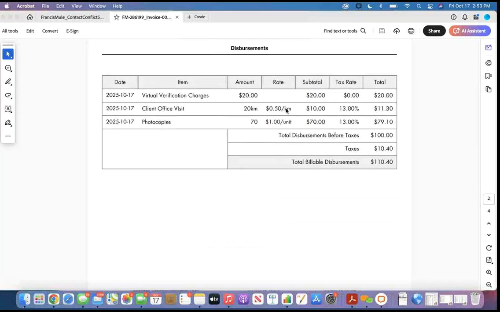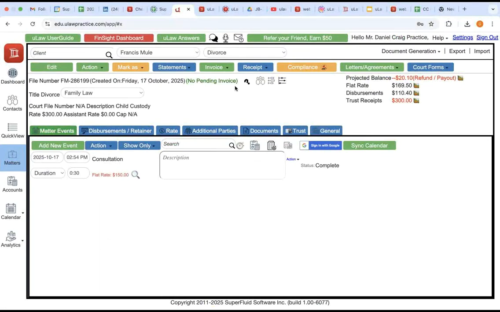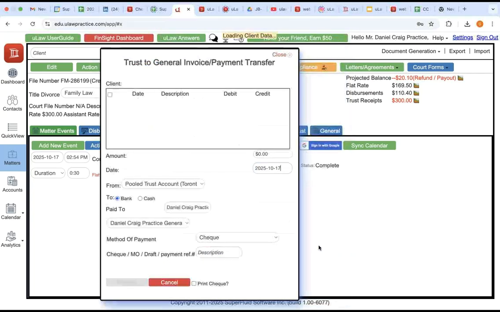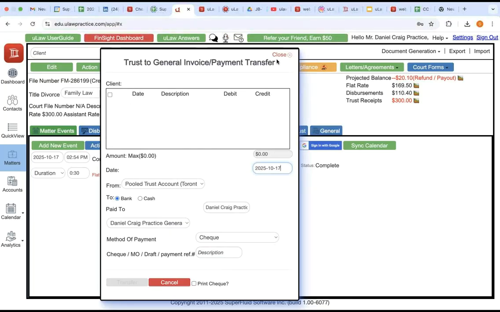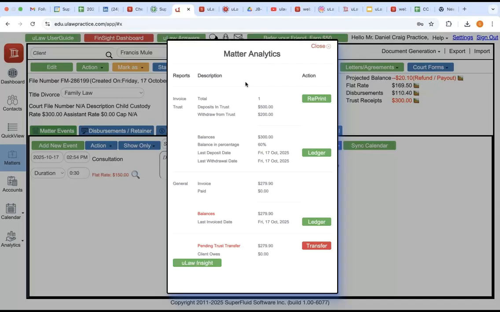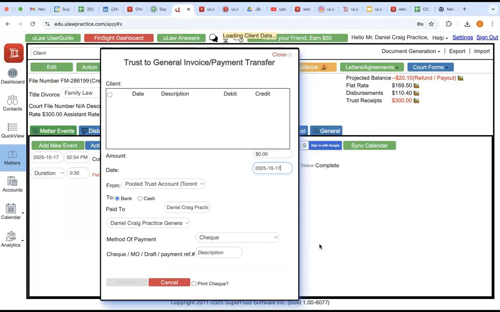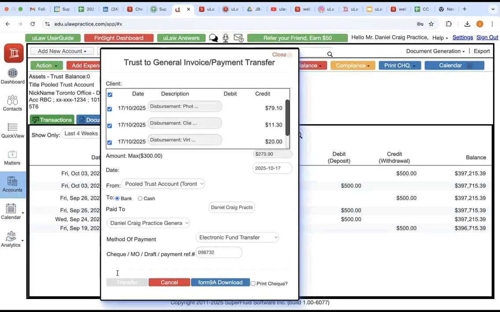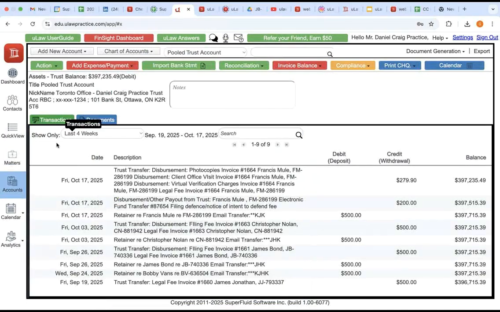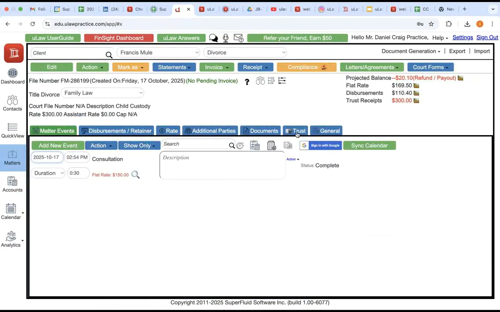Okay, so we also have, go back in there, show you all how we can pay ourselves, transfer the funds. Because I've already paid 200 out of trust, so I have 300 pending, out of which 279.90 belongs to me. So I'm going to transfer that in the real bank and then transfer it in uLaw with the reference numbers, download a Form 90, go back in there, refund the remaining.